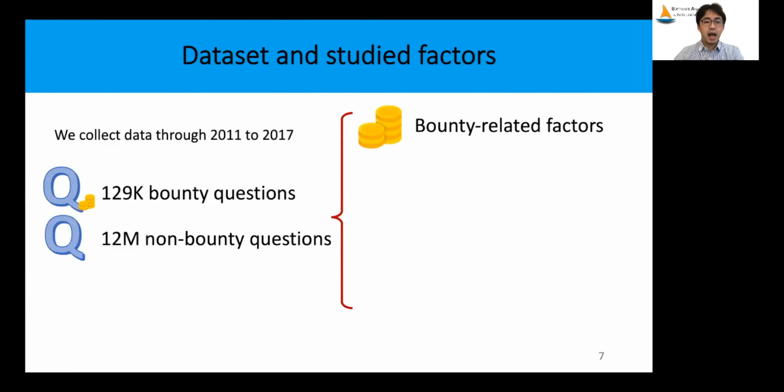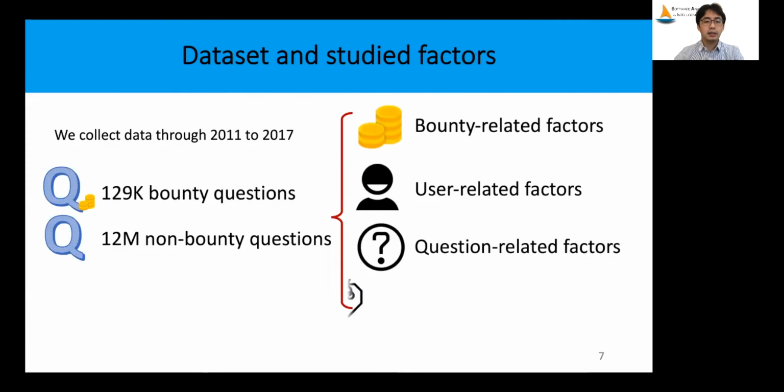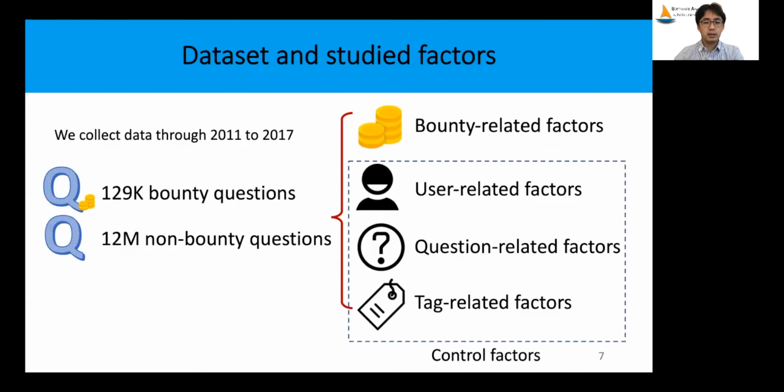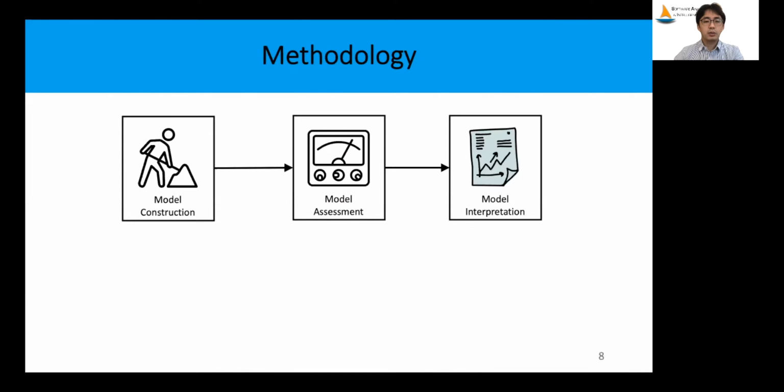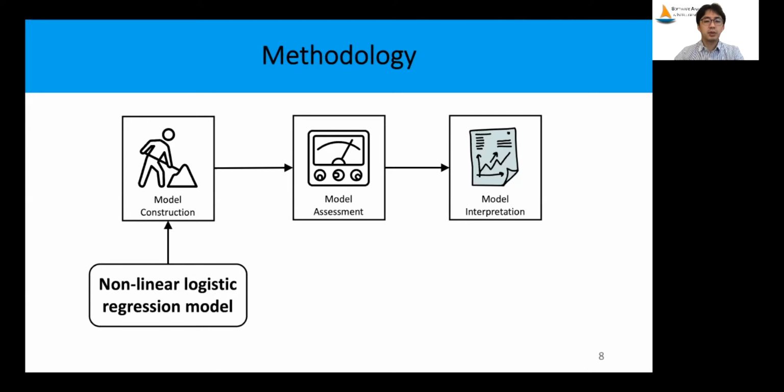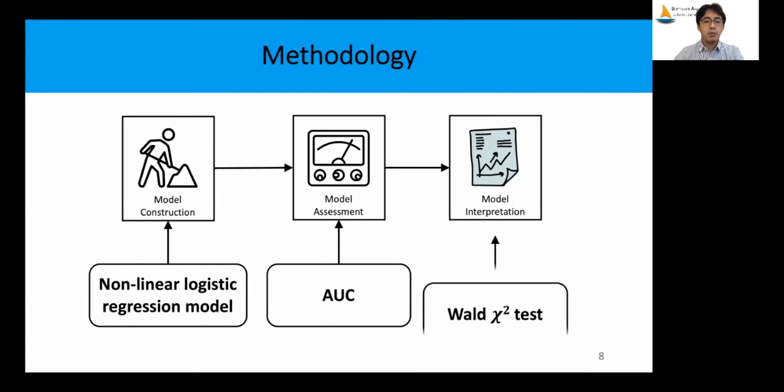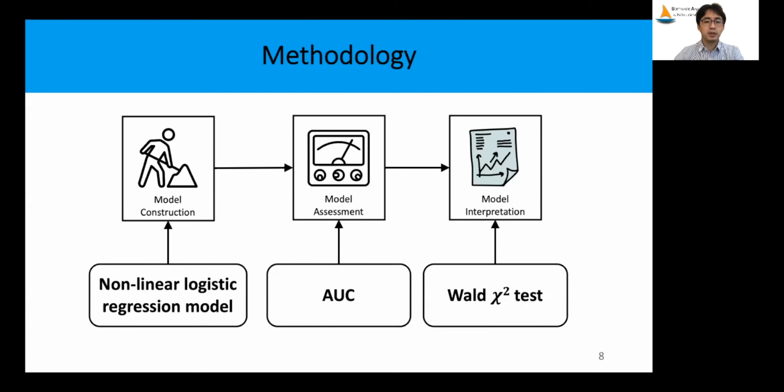These factors are along bounty-related, user-related, question-related, and tag-related dimensions. We consider the last 3 types of factors as the control factors in our study. In order to capture the nonlinearity of the association between the study factors and the response factors, we employ the nonlinear logistic regression model in our work. We use AUC to evaluate the performance of the model and a Wald chi-square test to interpret the impact of